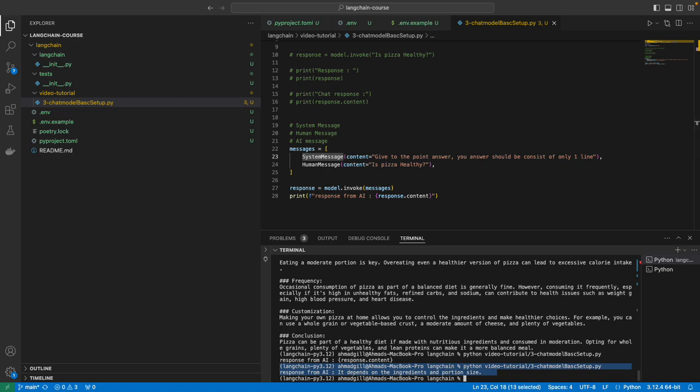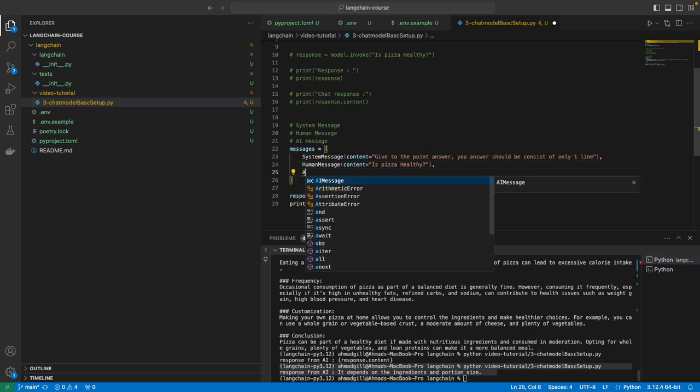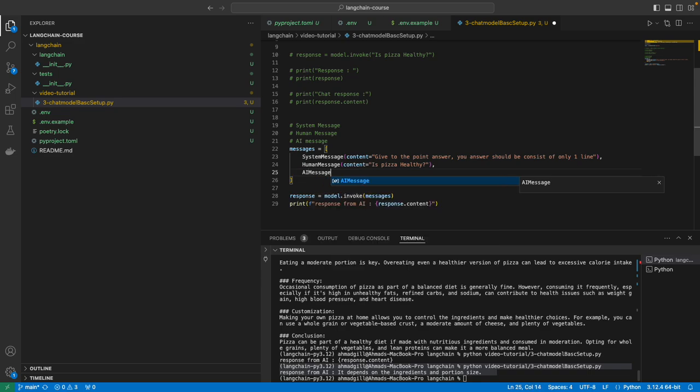And you can also add AI messages here. If you want to, the purpose of adding an AI message is to push some more control over how exactly you want your responses. So here I am telling